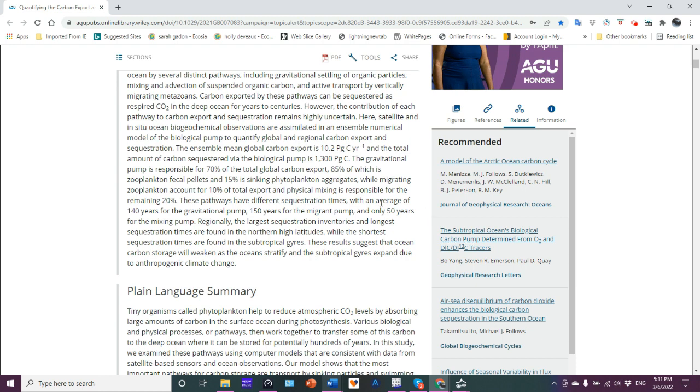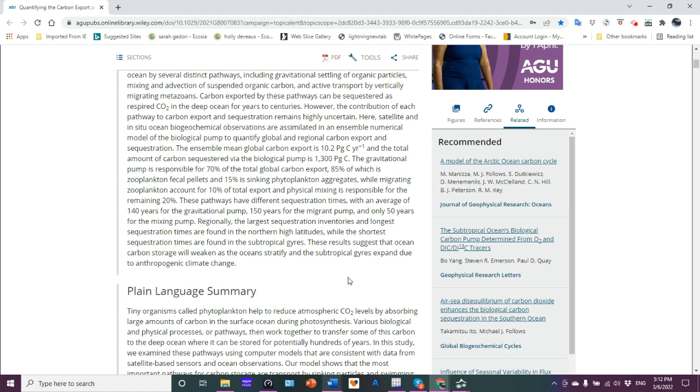So what's interesting is that when you look at different sequestration times, in other words, the gravitational pump can sequester material for 140 years, the migrant pump for 150 years, but only 50 years for the basically physical processes. Now the question then becomes, to what depth are the physical processes felt to? And the answer is, it depends what latitude you're at. So if you have active turnovers, active mixing in the water column, well, that will explain why this is 1/3 the time of the